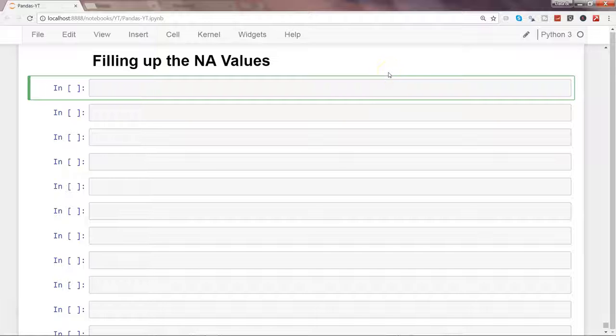Hi there, in this video I will talk about filling up the NA values. In the last video you must have seen how you can identify and drop the null values. That's one of the ways to treat your null values or the missing values. But another way to treat them is to fill them up. And in this video I will show you a couple of different methods by which you can fill the